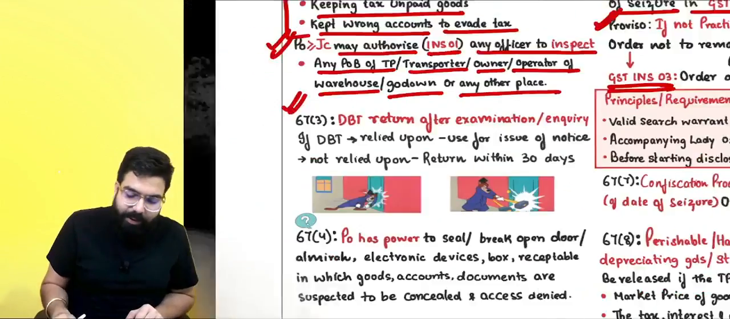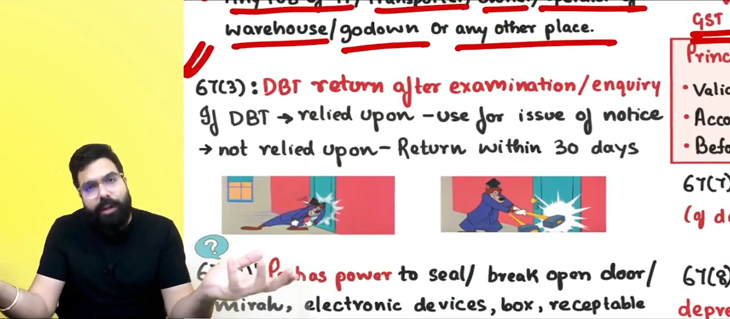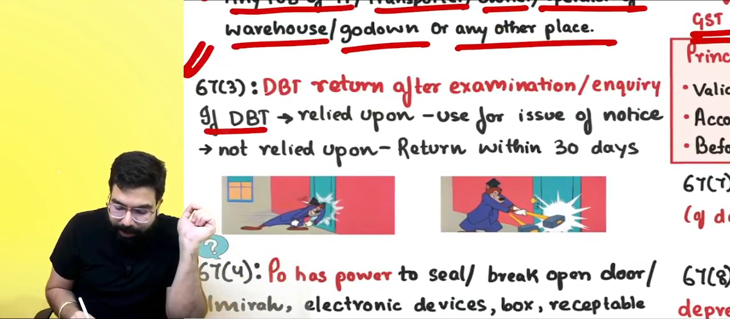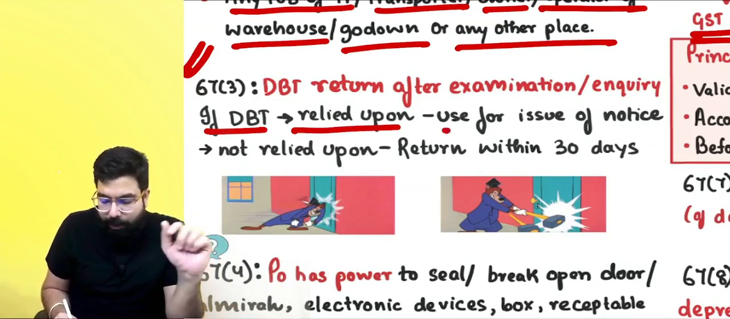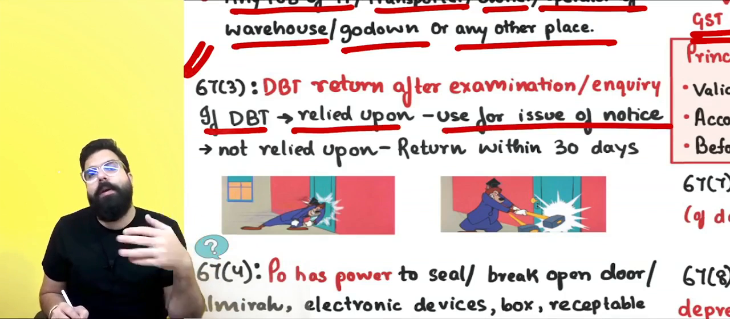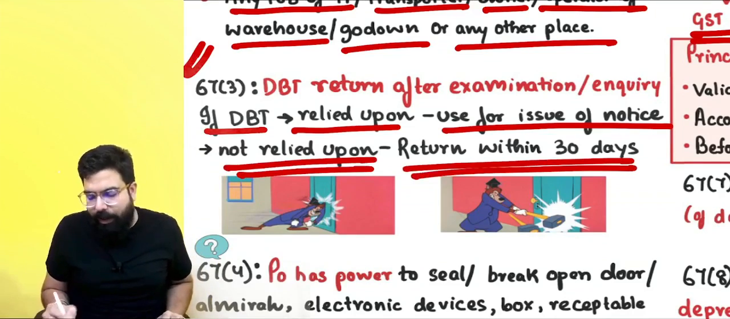Section 67(3) says they came to your premises. Now they took documents, books, things, etc. If the documents, books and things are being relied upon by them, they will use them for issuing a notice. If they are not going to rely upon any document, for example, they took my birth certificate and did not rely upon it, then they will return it within